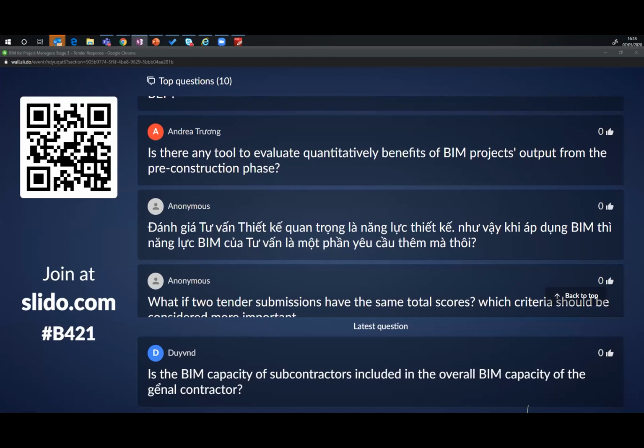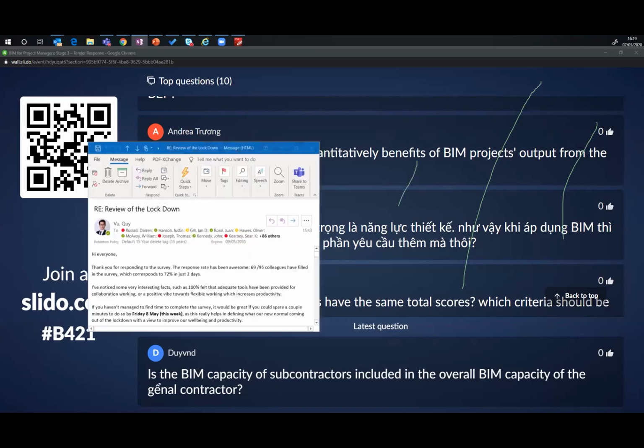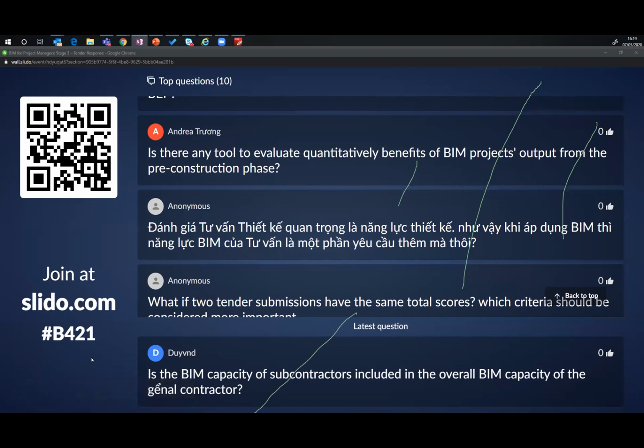Any others you want to pick up on, Pete? There's one asking about the CDE and it's not completely clear, but it's saying about describing the procedures and responsibilities. Where do you state those responsibilities? And I guess the answer really is to put the responsibilities of each team, but also each key team member within the project's documentation, whether it's been stated by the client in the information requirements documents like the PIR or the EIR, or if they're not stated in there, they should be stated in the BIM execution plans by the supply team, who can state what the requirements that they're going to provide are going to be. Because sometimes if a client's not going to host